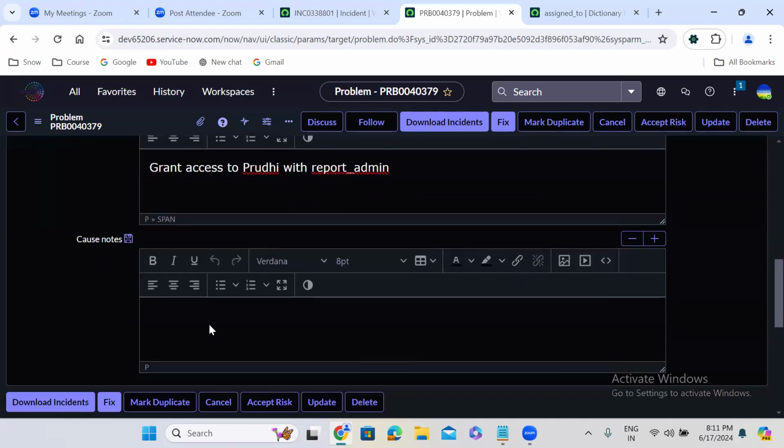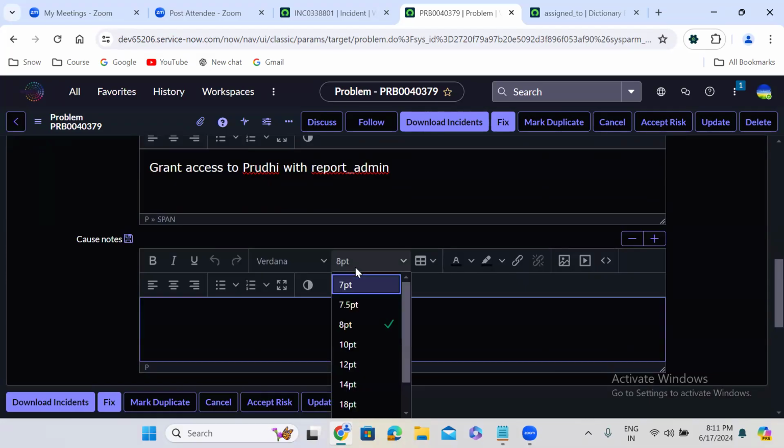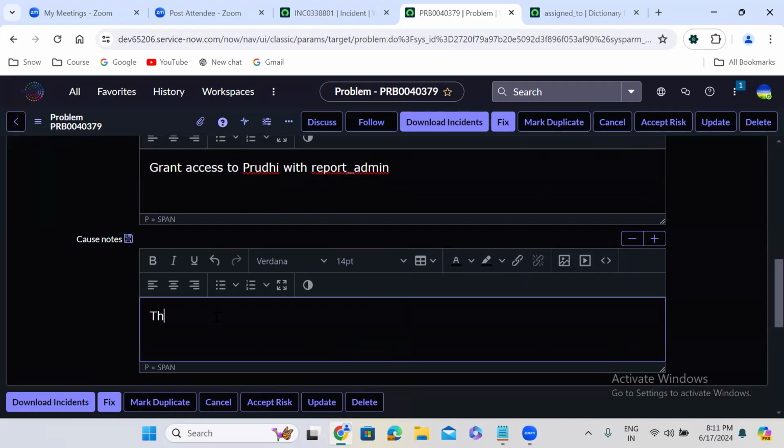So here, cause notes. Why exactly is the Power BI issue repeatedly happening? There is a job that is removing the access, so that Prithvi is losing his permission.